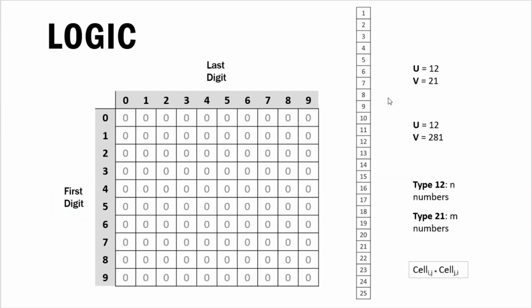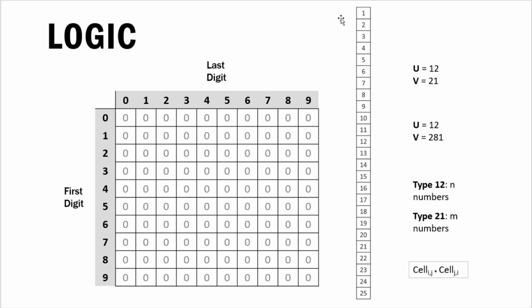We only need to find the number of pairs, so what we can do is iterate over every number starting from 1 to z, and find out what the first digit and last digit is for each of these numbers. Then, we can form a grid using this information, because every number will have its first digit and last digit in the range of 0 to 9 only. For example, in this case where our z is equal to 25, we will be going through the numbers from 1 to 25. Let's say we are talking of 1.